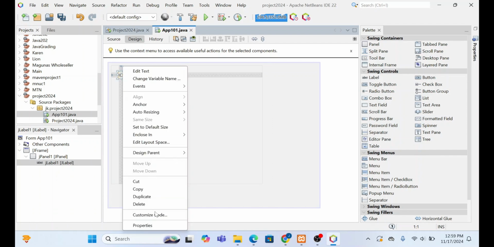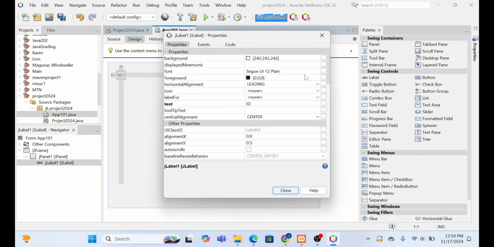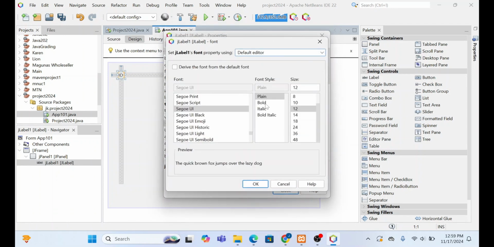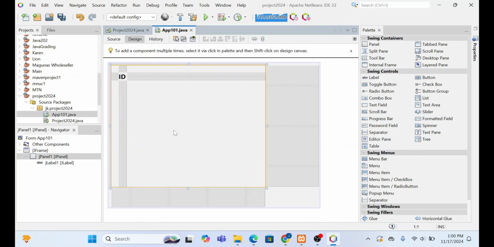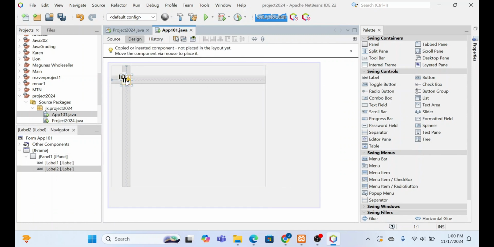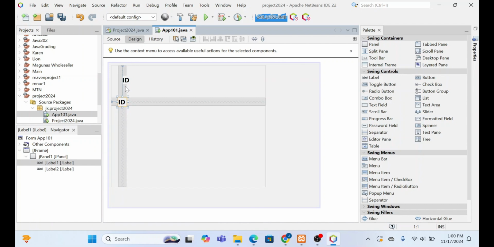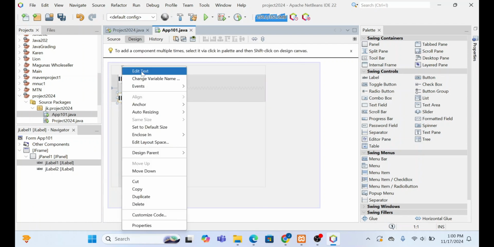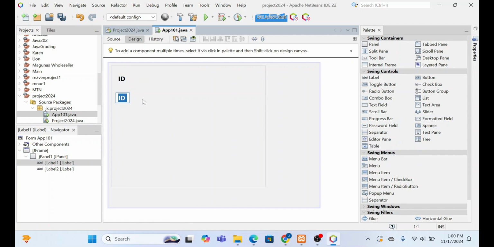We can come and increase the font size. So we go to properties. Then we go to here, we have the font, set it to bold, and we set it to font 18 for purposes of visibility. Now we can copy this, Control C, Control V, then you drag it and you put it there. Once you drag it and you put it there, go to edit text and change this one to